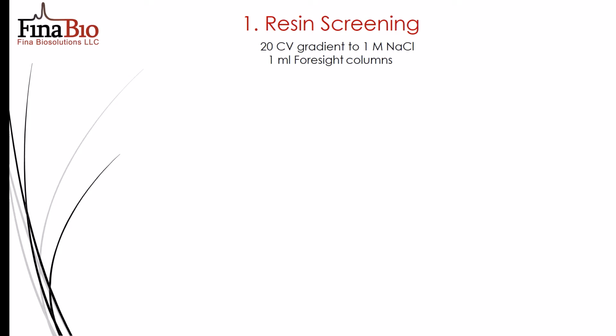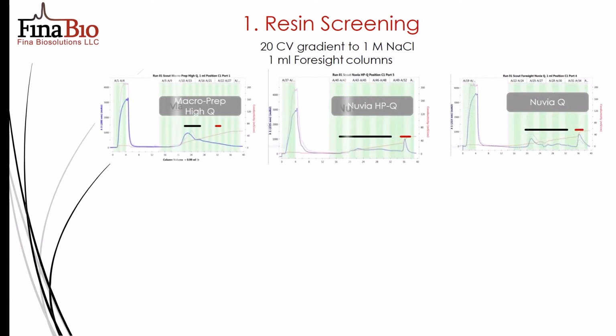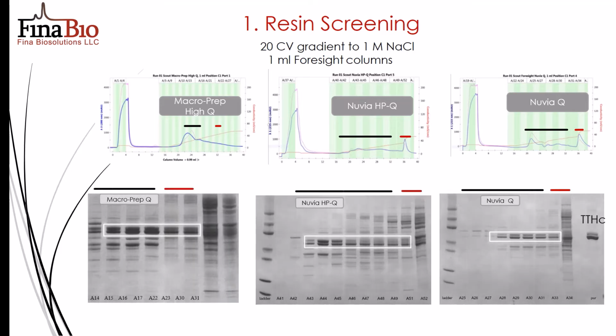So we looked at these three resins. We used 1 ml Foresight columns from Bio-Rad with a 20 CV gradient to 1 molar sodium chloride. Each had reasonably good binding of the TTHC protein. Shown on the left is the MacroPrep, in the middle the HPQ, and the Nuvia. With these long gradients, neither seems to have very high selectivity, and although initially the MacroPrep Q looked like it might be the better resin,